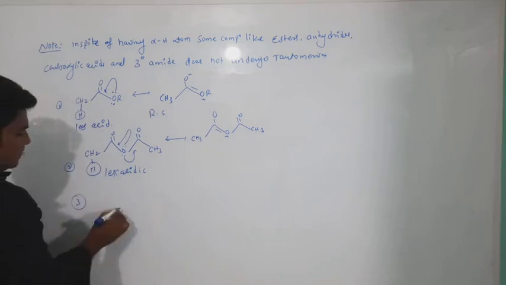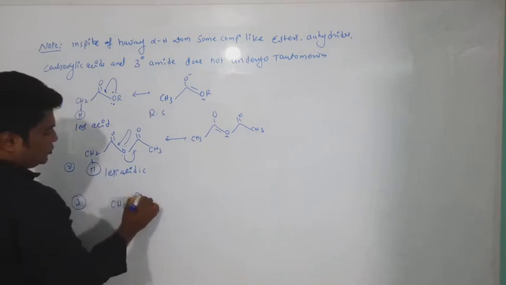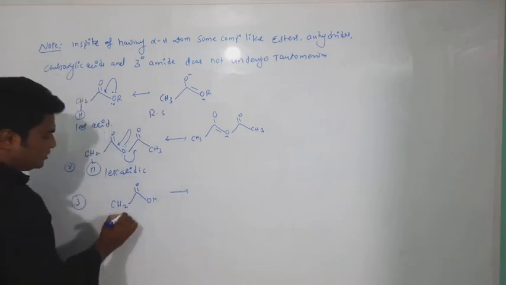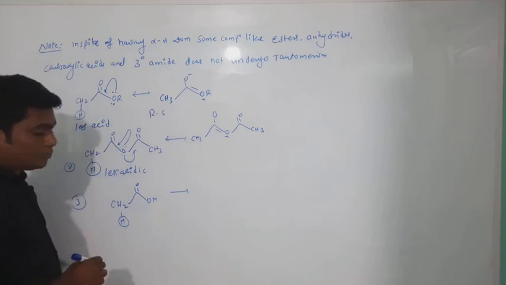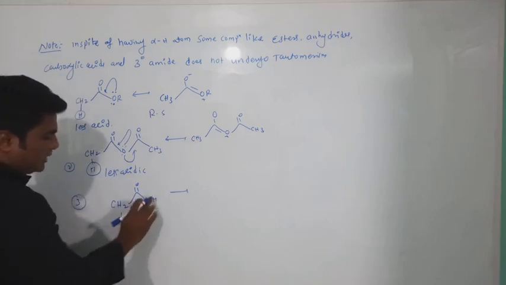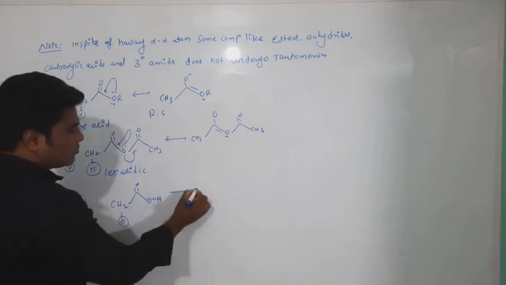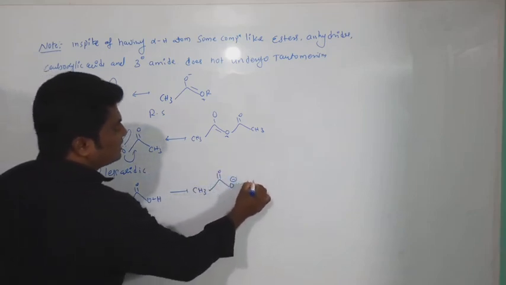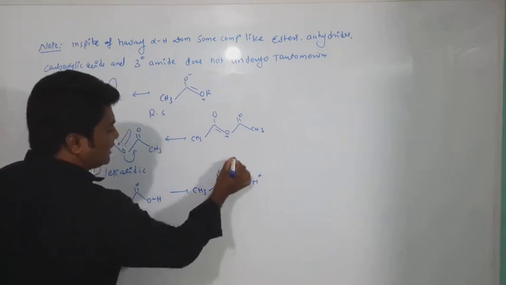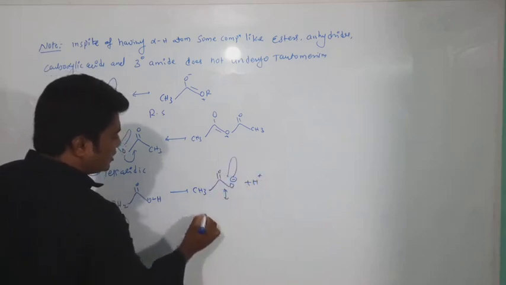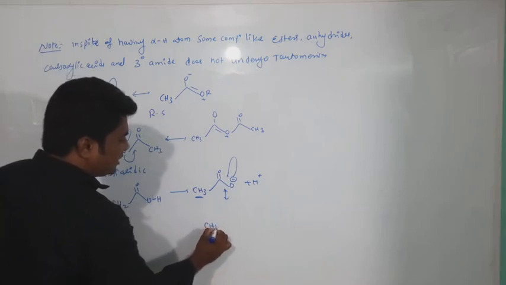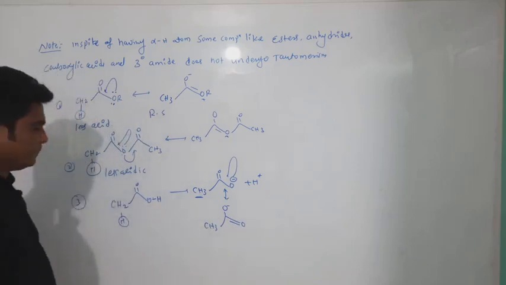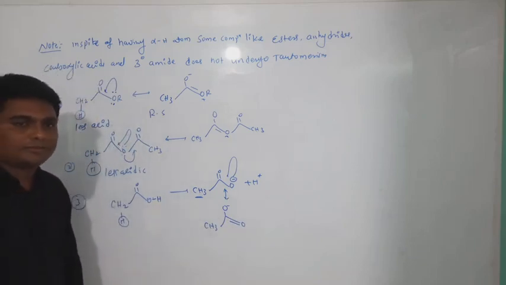Now third. See here, carboxylic acid. So this carboxylic acid, does it give H plus ion? Does it undergo tautomerization? See here we have the acidic hydrogen. Actually, this is more acidic. So carboxylic acid easily gives the H plus ion. After giving the H plus ion, it will get the carboxylate ion. And this carboxylate ion undergoes resonance stabilization. It means this alpha hydrogen does not participate in the resonance. These are equivalent resonating structures. Are you getting my point?